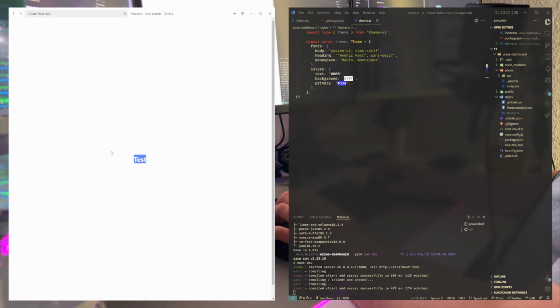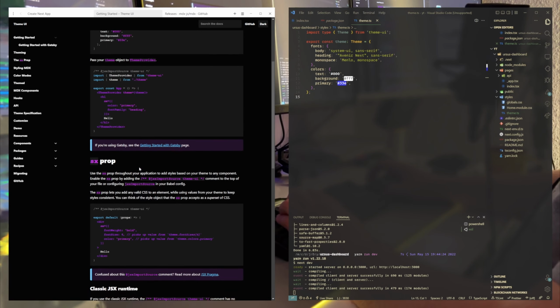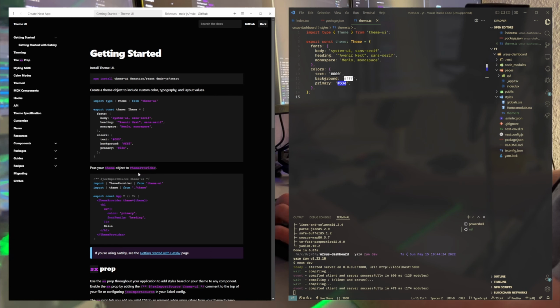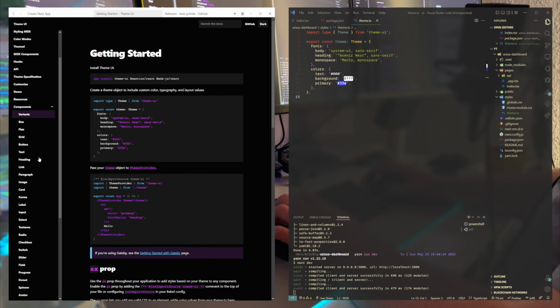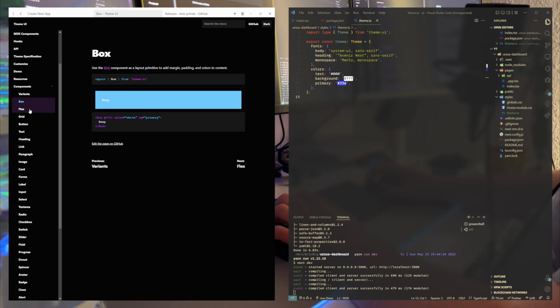Now it works. So our theme injection works. We are up and running with ThemeUI here, which I can show you. I will be setting up a base setup for now and not talk too much. If something comes up I will explain it, of course, but for now we will mainly be using